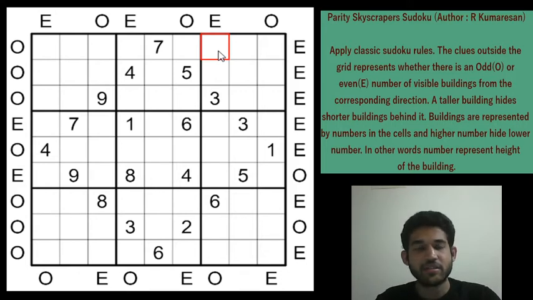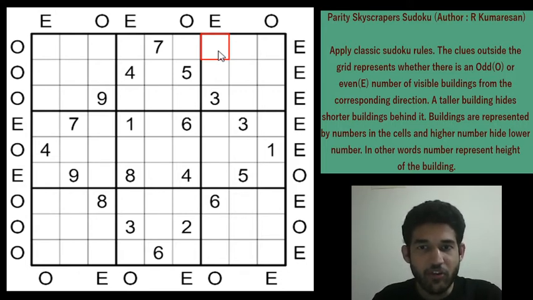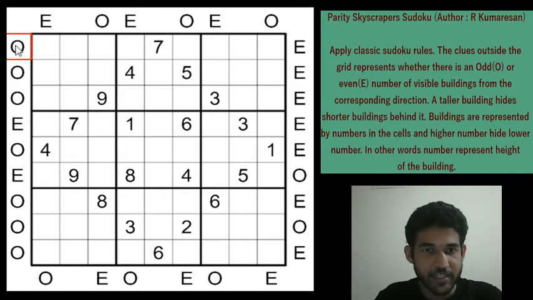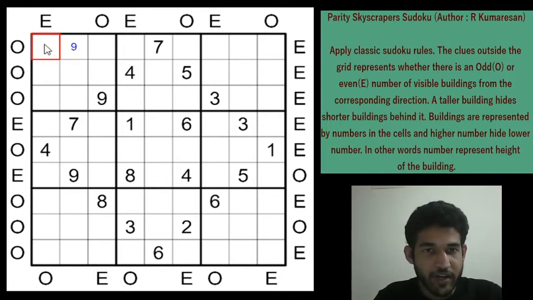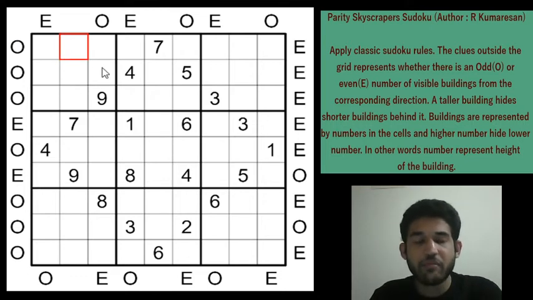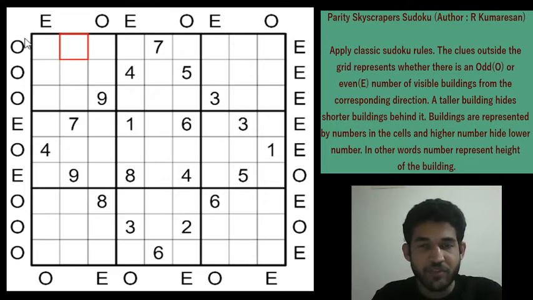The next tip is just the opposite of that. When you have an odd clue given outside, 9 can never be the second digit, right? Let's take this O. It means an odd number of skyscrapers seen from that direction. Now if you have a 9 in the second cell from that direction, you will definitely see this building, because it will be lesser in height than 9. So you will see 2 buildings, which means the parity of the outside clue will become even. So 9 can never be in the second cell from the viewing direction when you have an odd clue outside.